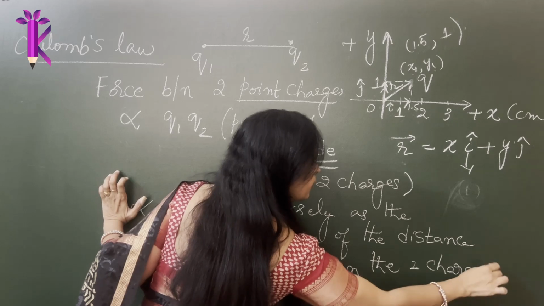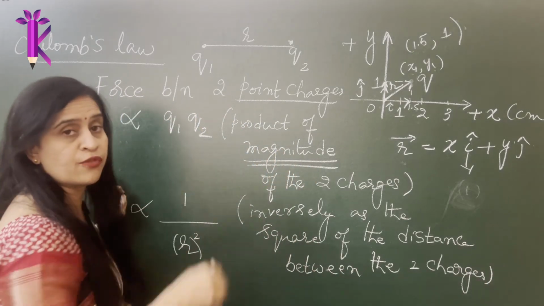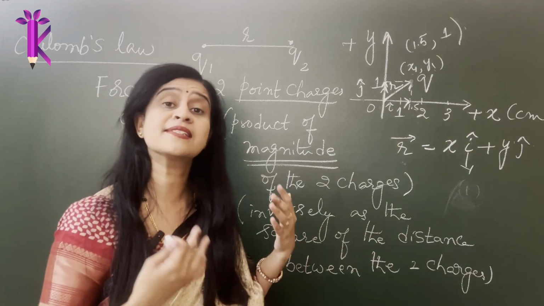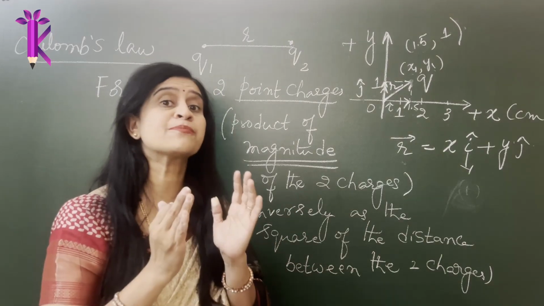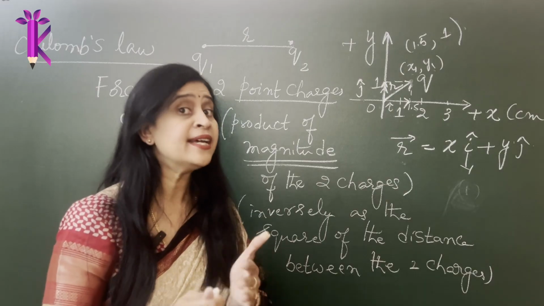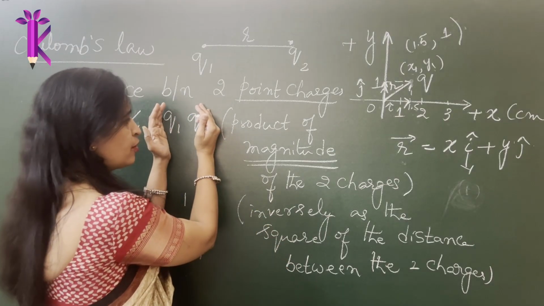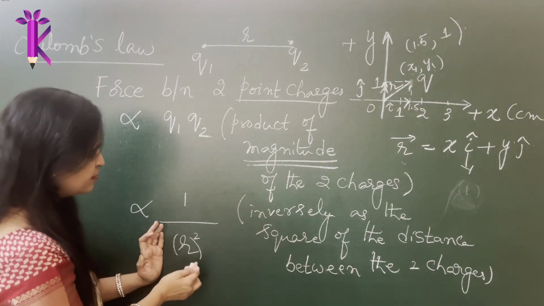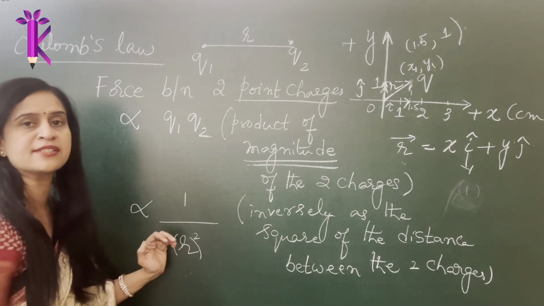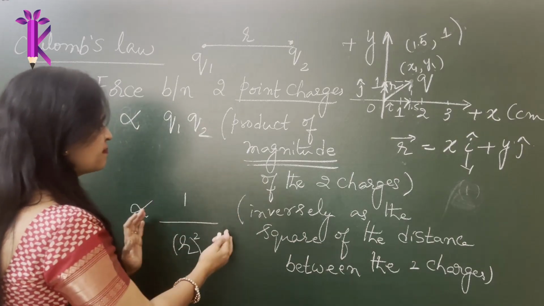Okay, now are we done? No, we are not done. Now we are talking about force. What is force? Is force a vector or a scalar? It's a vector. So have we spoken about the magnitude? A vector has both magnitude and direction, right? So force has both magnitude and direction. So when I say product of magnitude of charges, I've covered the magnitude part. And also when I say varies inversely as the square of the distance of separation between them, distance is also a scalar. So I've covered this magnitude part.